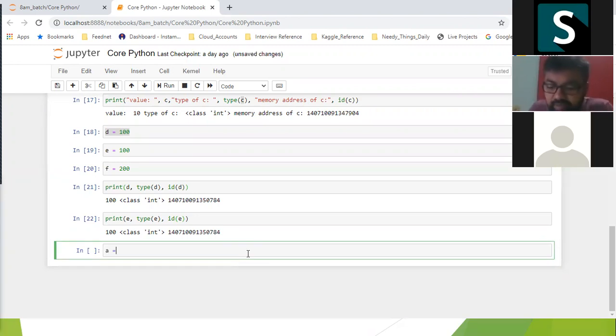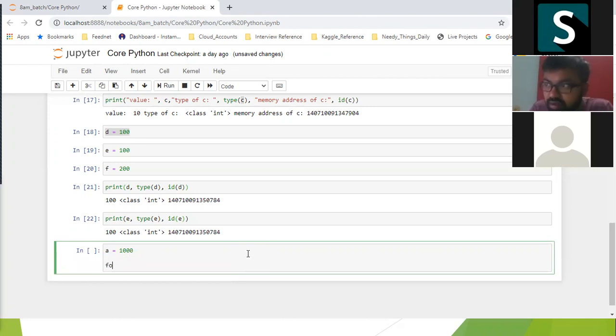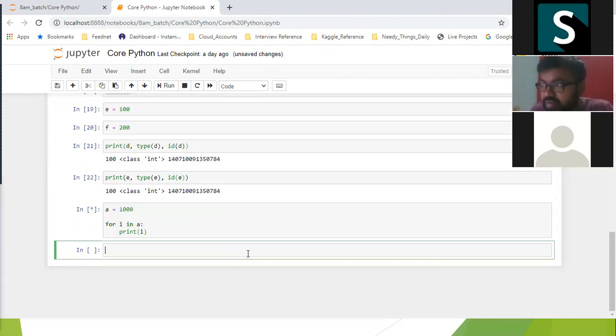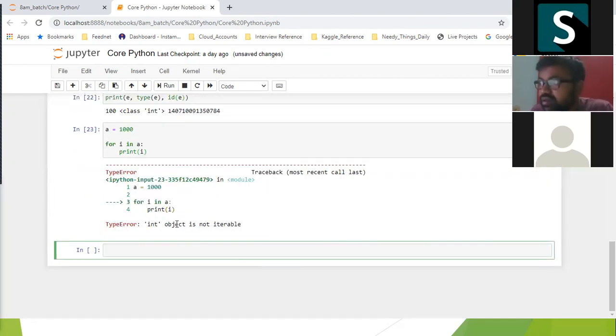For example, a is my integer, say 1000. This is my immutable object. So I cannot run for i in a: print i. It says integer object is not an iterable object.